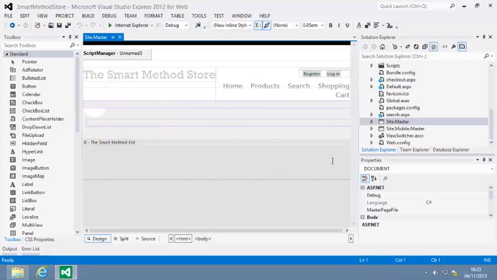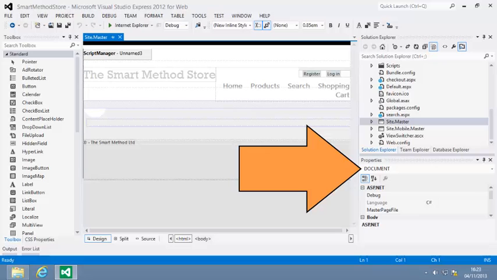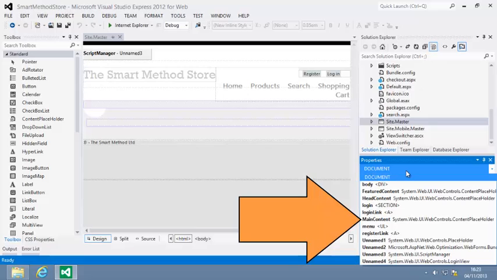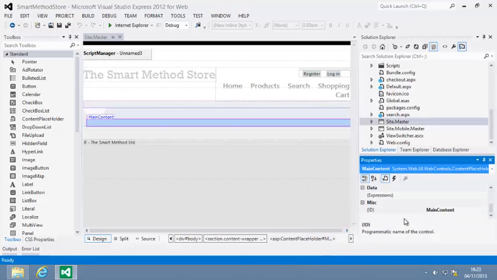The easiest way to select the Content Placeholder control on this page is to click the drop-down menu in the Properties window and select Main Content. This is a Content Placeholder control. It doesn't have any interesting properties, but it will create an editable region for all pages that use this master page. Open default.aspx in Design View now,